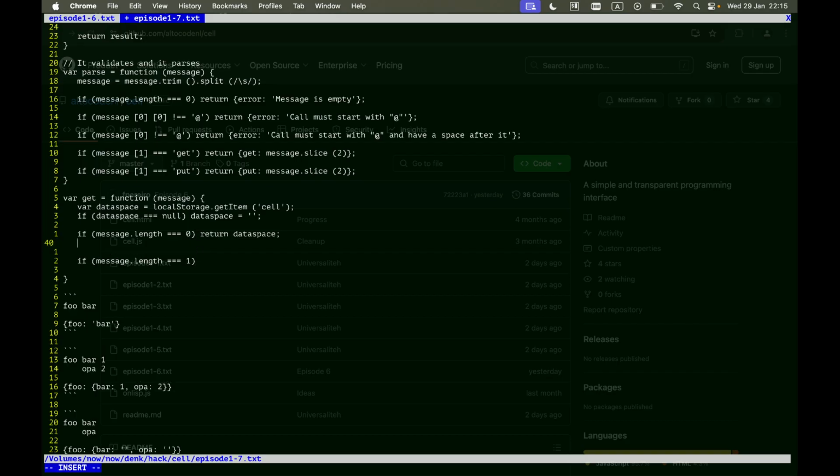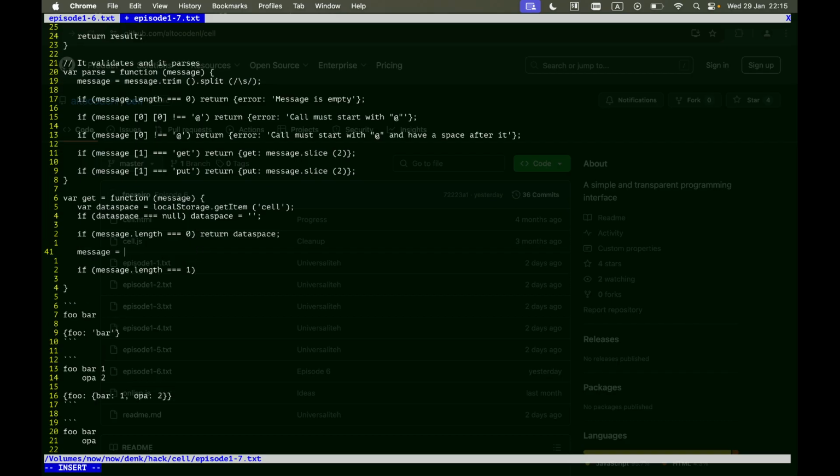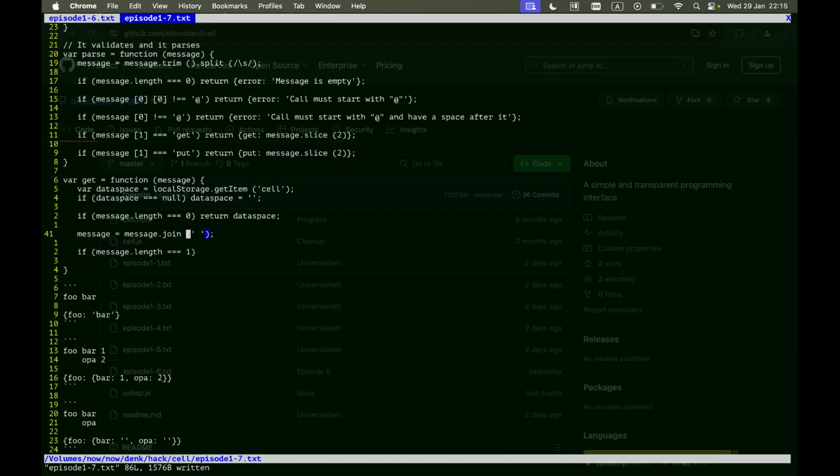I can take the message and join it by a single space. I'm going to assume that in the data space everything is separated by single spaces, no double spaces, because we have no quotes, and that's the only way you can put double spaces anywhere. But we're not having quotes yet, so we're good. So we just take the message, we join it into a text. A crucial call here, this join, because we will definitely need that one.